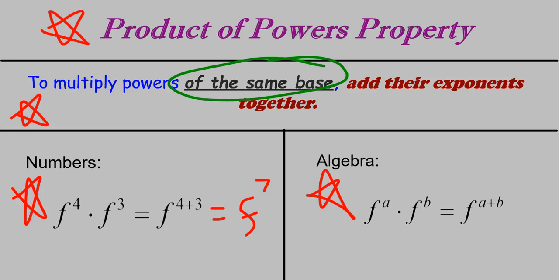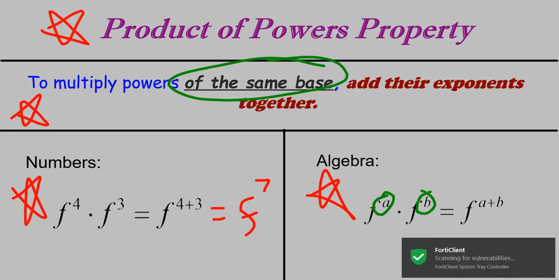With numbers, it's nice and easy to see. f to the 4th times f to the 3rd is actually becoming f to the 4 plus 3, or the 7th. And the algebra over here just says no matter what our exponents are, if they were generic a's and b's,